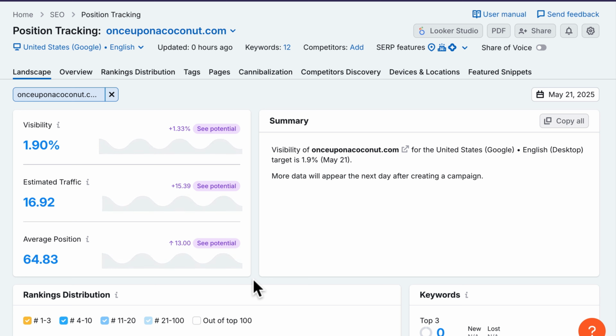There are three main metrics on the left side: visibility, estimated traffic, and average position. The average position shows your average ranking across all the tracked keywords, in our case, 12 of them. But it treats a number 1 spot and a number 10 spot as equally spaced, even though number 1 gets way more clicks. So the average position here is 65, which doesn't sound amazing, but visibility, on the other hand,